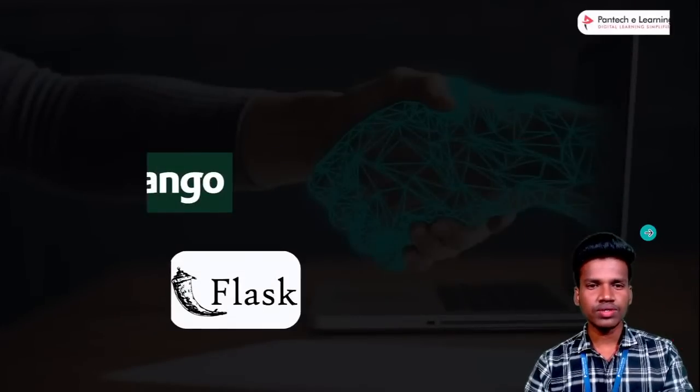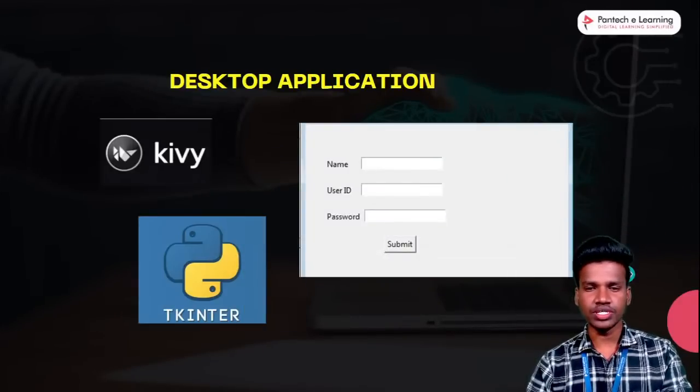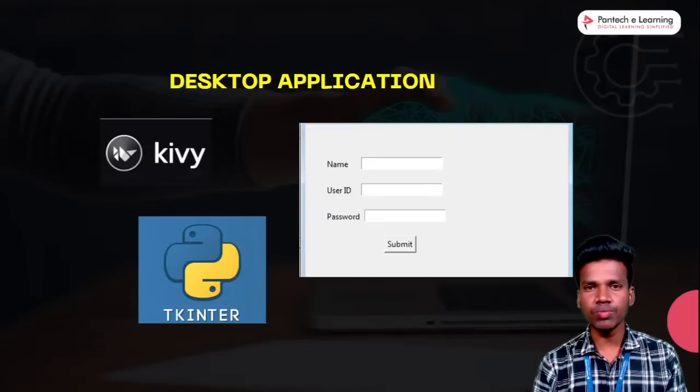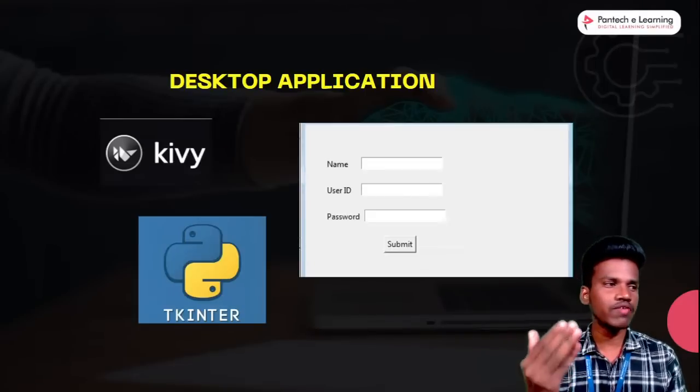So next one is desktop applications. Desktop applications, we all know, like WhatsApp, YouTube, Instagram. These are all things we get as desktop applications, because there is a login page, right? The name, user ID, and password are given as input by the user. We create a user ID and a password. These are all inputs, and only then do we move on to the next one.